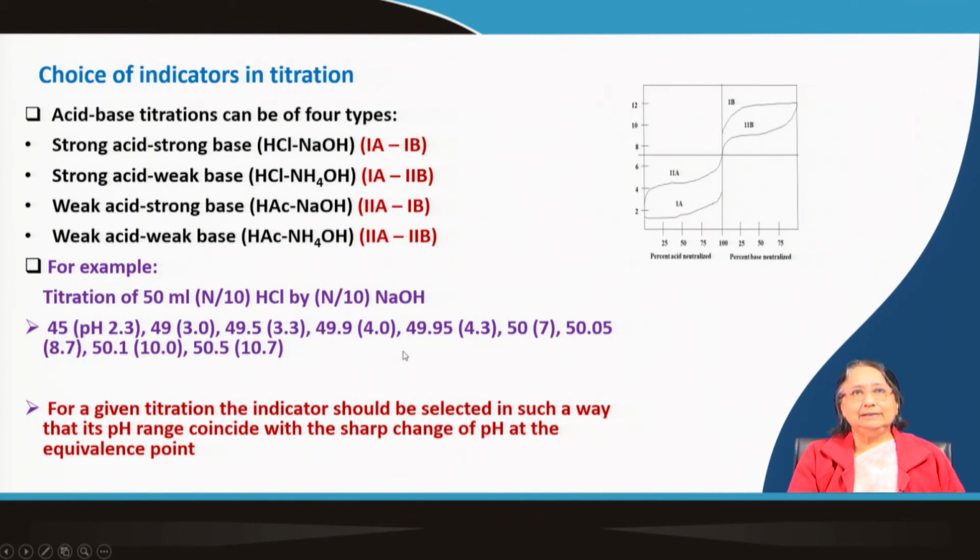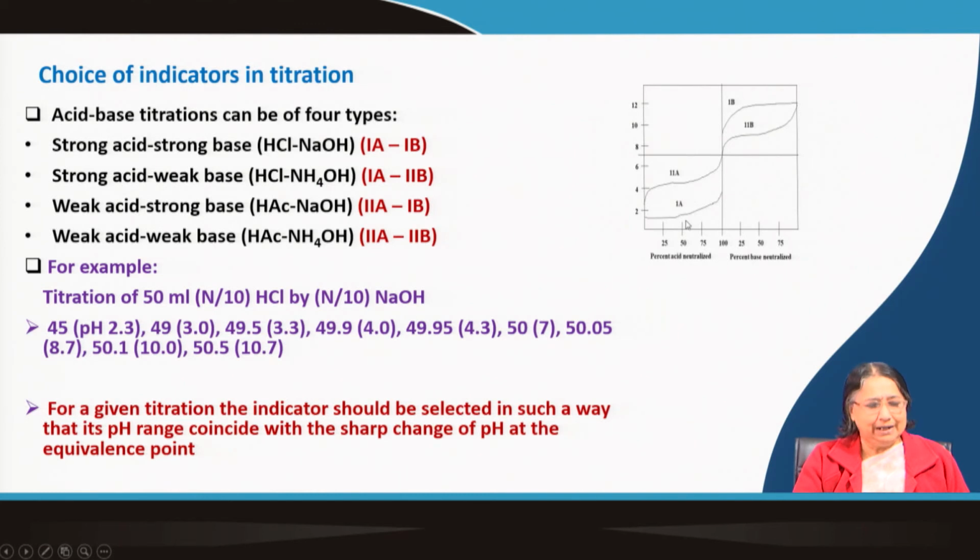Okay. So, we must carefully observe here. Just before the neutralization point, it is 4.3, and just after the neutralization point, it is 8.7. So, it is a huge jump, okay. Huge jump, where to where? 4.3 to 8.7, okay. Just 2 drops addition, and it is changing so much. That means there is a huge jump, and this has been shown by this curve 1A 1B.